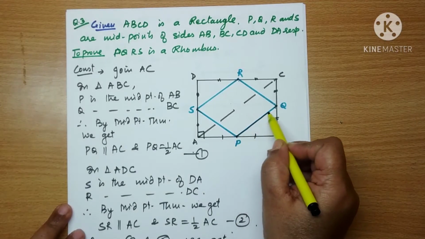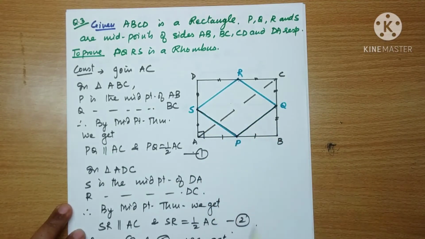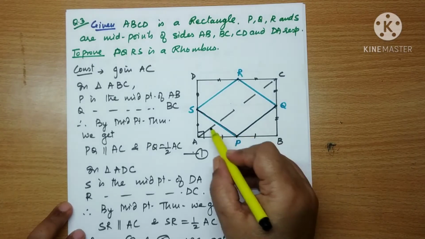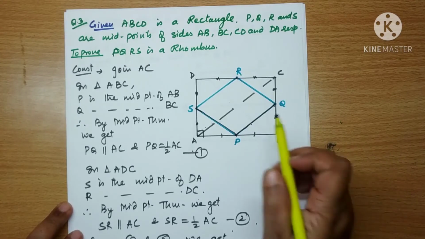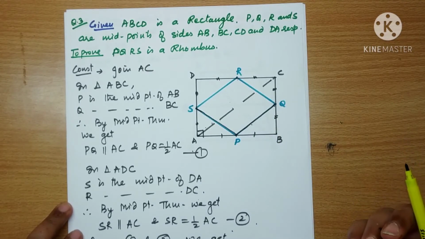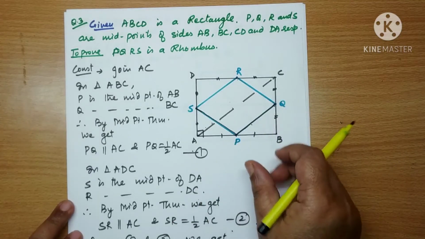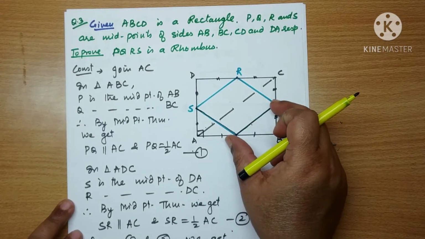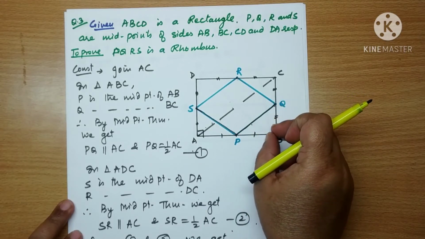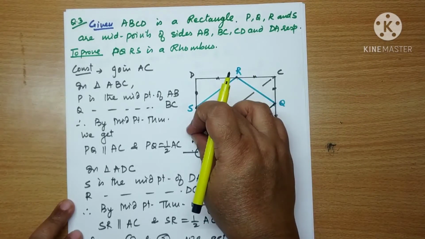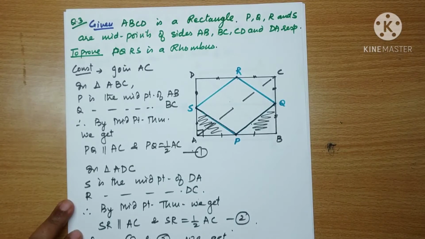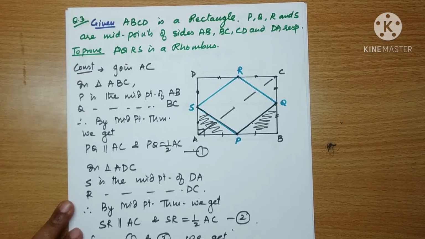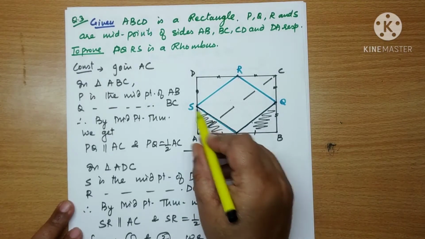Now in order to prove two sides equal, let's say I decide to prove these two sides equal. These two sides are not the sides of one triangle, they are sides of two different triangles. If I need to prove the sides equal, the rule is I should prove those two triangles congruent, of which these are the sides. How do we decide the triangles? The end points we join, I get this triangle, and I get this triangle. If I prove these two triangles congruent, job done. By CPCT I'll be able to say that the sides are equal. So all we have to do is prove the triangles congruent.